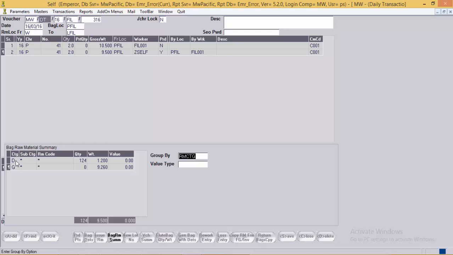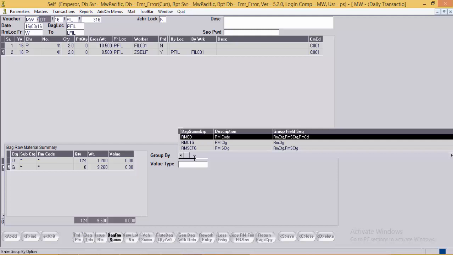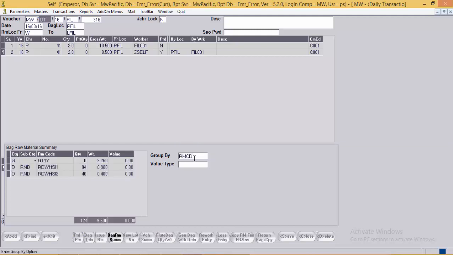For example, it contains diamond, 124 stones with the weight of 1.2 carats. For gold, the weight is 9.26 grams in the bag right now. We can change the group by option over here. The most detailed level is RM code, so we'll have the summary at the RM code level over here.